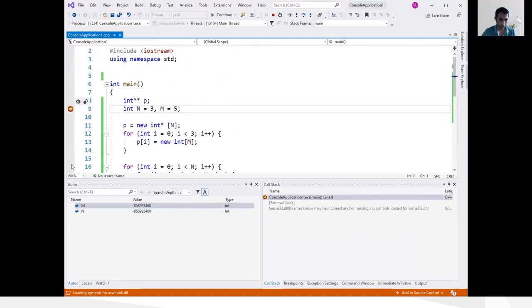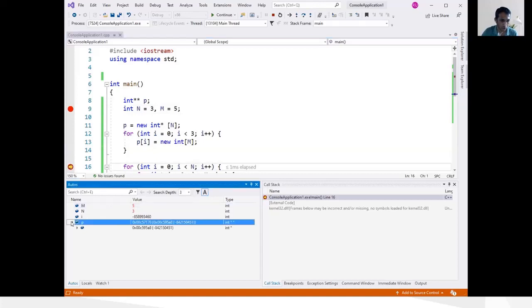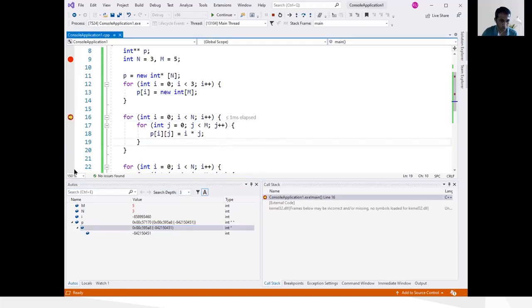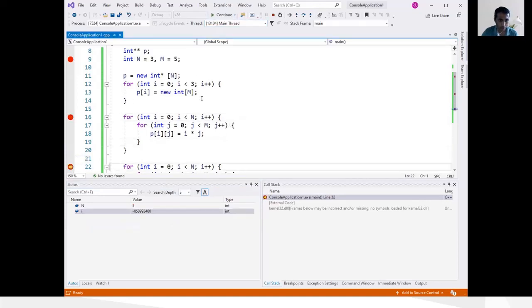Okay, so we will inspect now. That is good. So now you can see we have an array of P, and it's a double pointer, and it stores something like this. So if we, okay,